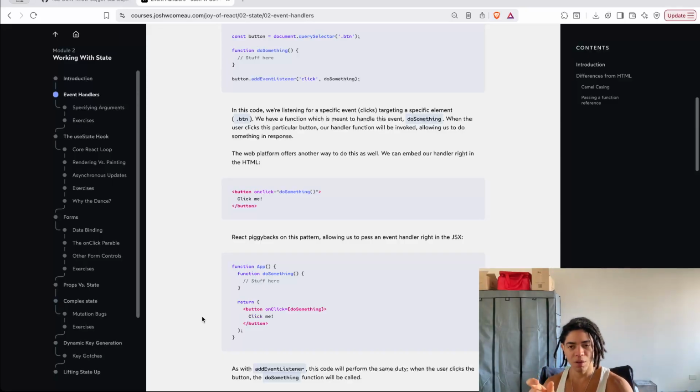Why is this? Because if you pass a reference, React behind the scenes, and if you remember how this UI or HTML element is converted into a React element,